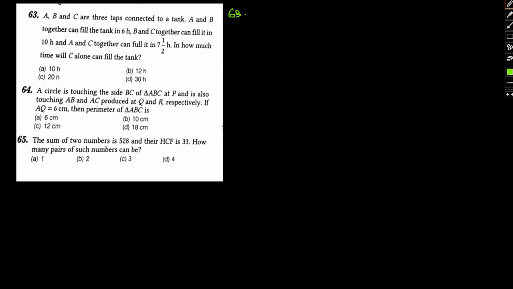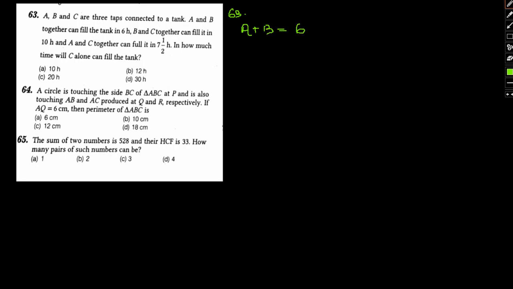A, B and C are three taps connected to the tank. A and B can fill the tank in 6 hours. B and C can fill the tank in 10 hours. And A and C can fill the tank in 7.5 hours. How much time will C alone take to fill the tank? Here it's given A plus B can fill the tank in 6 hours.